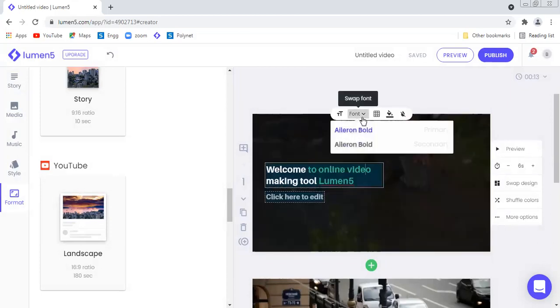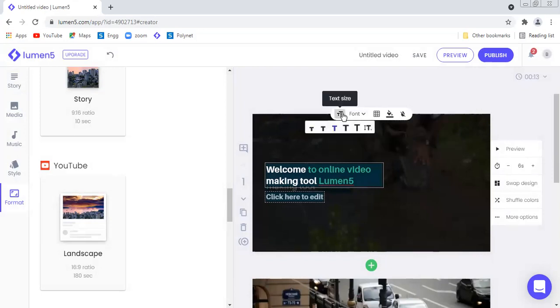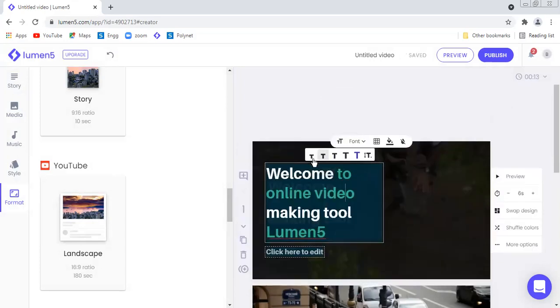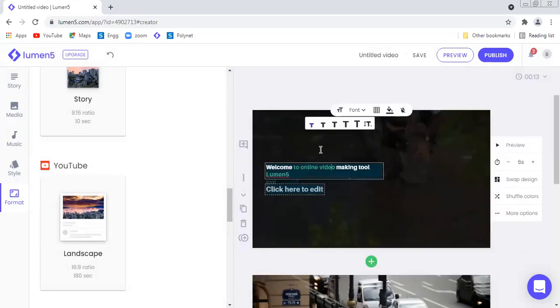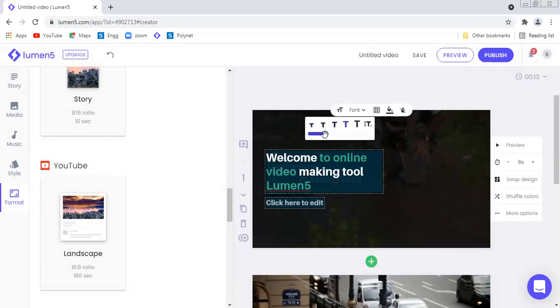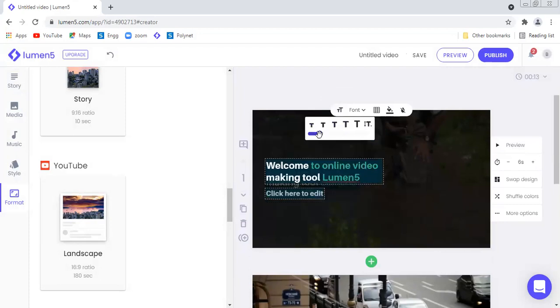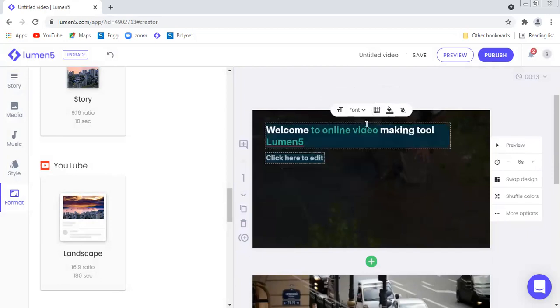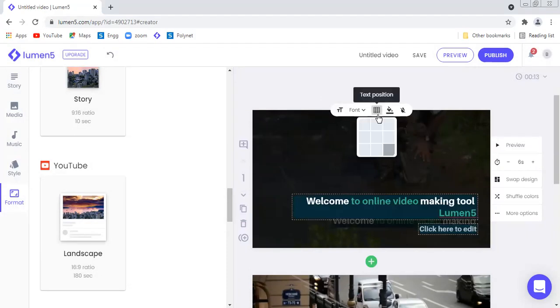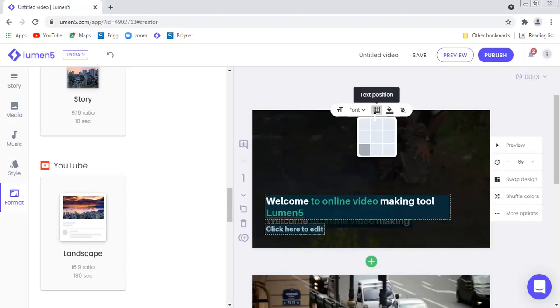the font. Say for example, these fonts can be changed. Then the text size, say this is huge, this one is small, right? Like this. See, I can separate the fonts also, means the distance between the fonts can be separated. We can bring them closer also. I can change the position of the font. Just you see how the position of the font is changing. So likewise, we can select the position of the font.